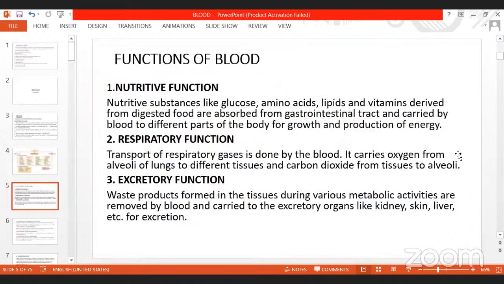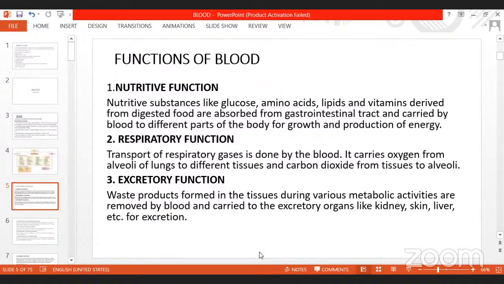So what are the functions of the blood? The first one is nutritive. All these substances like glucose, amino acids, lipids, and vitamins, which are derived from the food, are absorbed from the GIT and carried by the blood to the different parts of the body. And respiration, the foremost important function is the respiratory function, because the RBC carries the gases, that is oxygen and carbon dioxide, from the lungs to the various parts of the tissues. And excretory function,